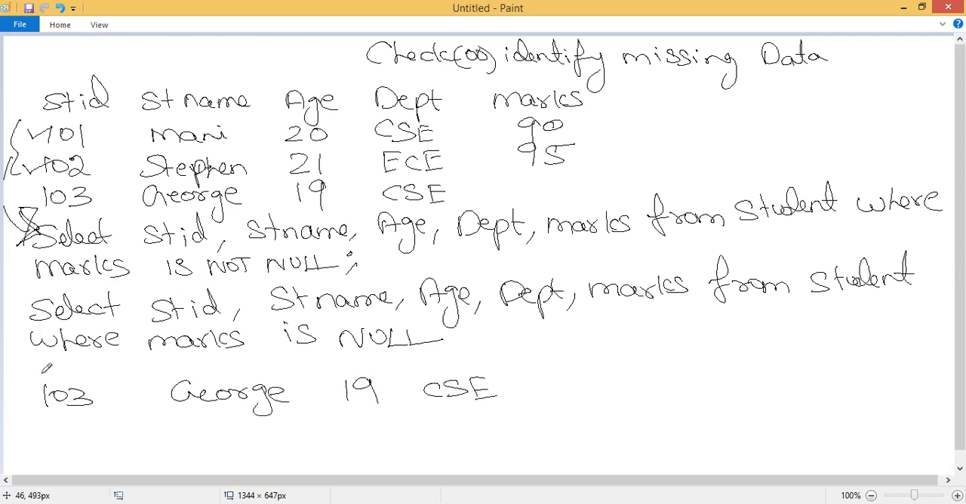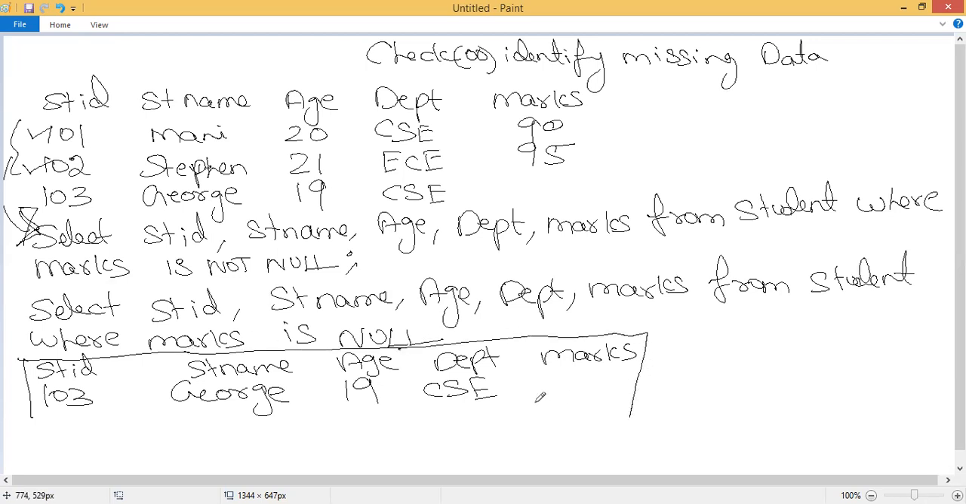The marks will be mentioned as null here. Student ID will be there, student name will be there, age will be there, department will be there. The marks field will be there, but the value will not be represented here. The table will look like this. So this is how we can identify null value details as well as not null value details